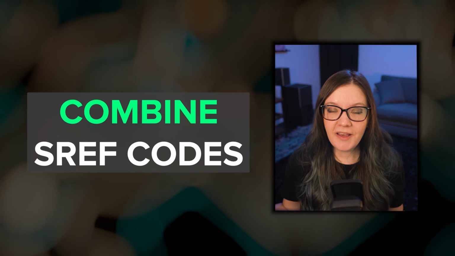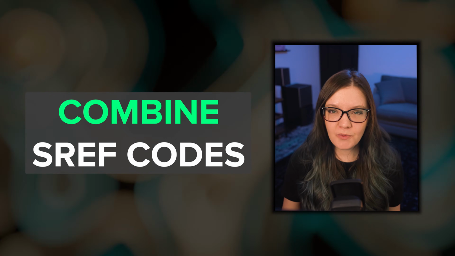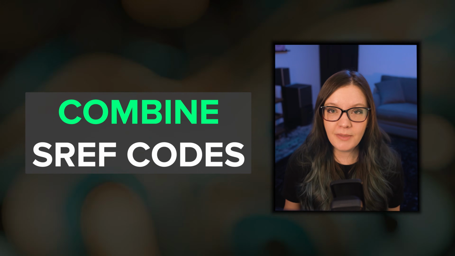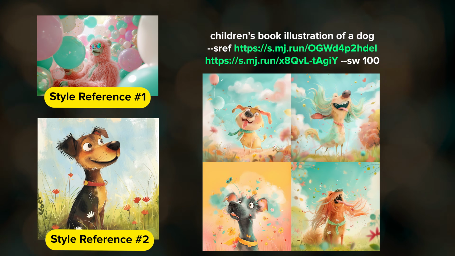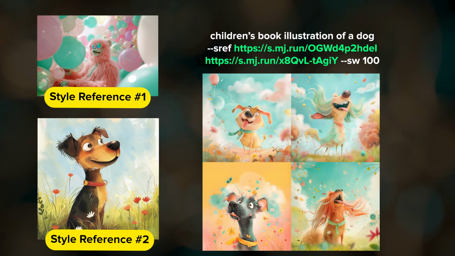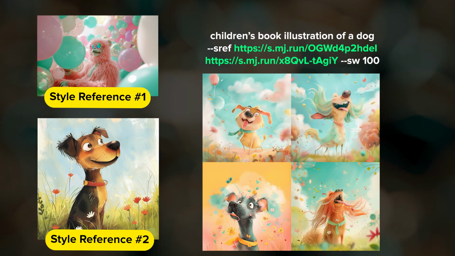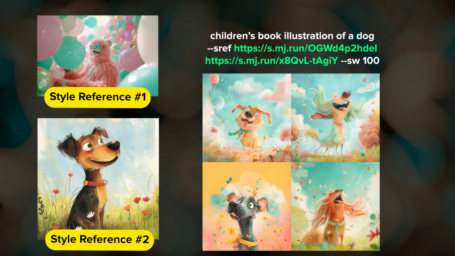So you can use any of these SREF codes in your own prompts, adjust their overall influence with the SW parameter, and you can sometimes use clever prompting to force a style from one medium into another. And now we can combine multiple SREF codes, which essentially gives us access to unlimited styles in Midjourney. While using multiple image URLs as style references has been possible, combining multiple SREF codes wasn't available until just last